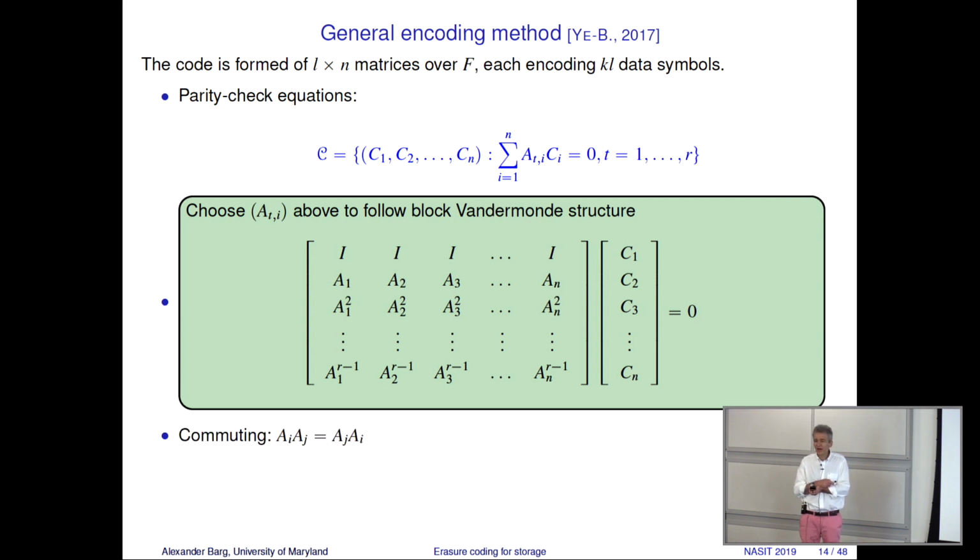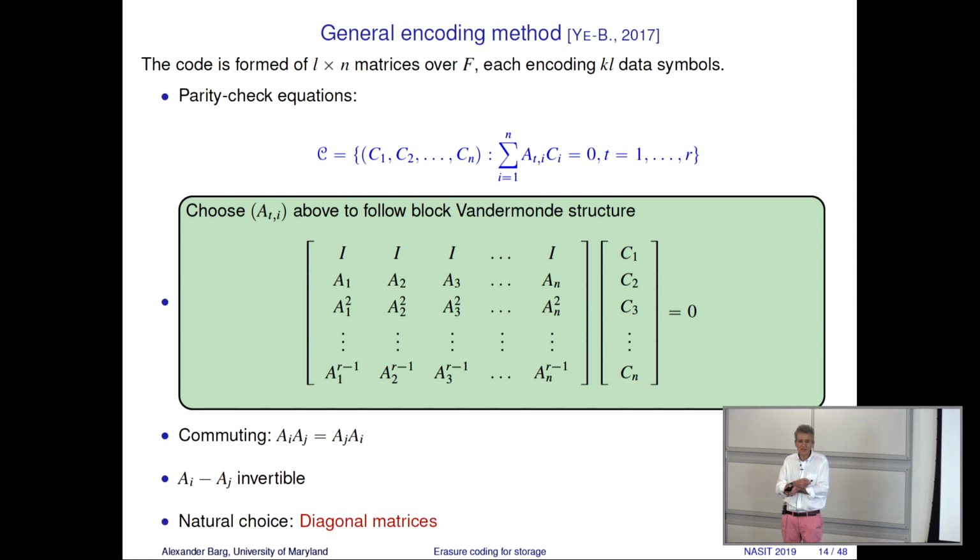Looking at the literature, we isolate the properties that are required for optimal repair. They should be commutative. They should commute, these matrices. This is not necessary, but this is sufficient. The differences should be invertible. That is an unusual condition, right? Because differences of matrices is not something that is easy to think about.